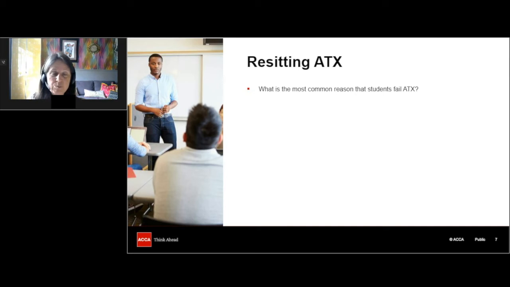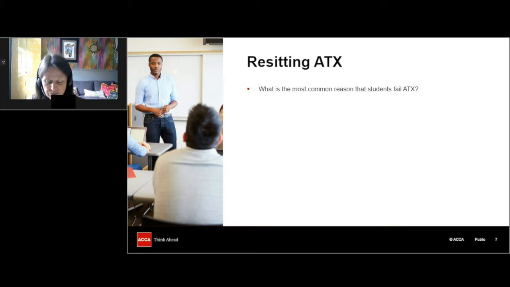Sometimes people fail because they write too much in the exam. You don't need lots of lengthy explanations. You need to make sure that you stick to the point, keep it brief. Sometimes people fail because they don't write enough. So often it's some of the better students who might actually go straight to, let's say, the advice on loss relief without writing about all of the possible options first.